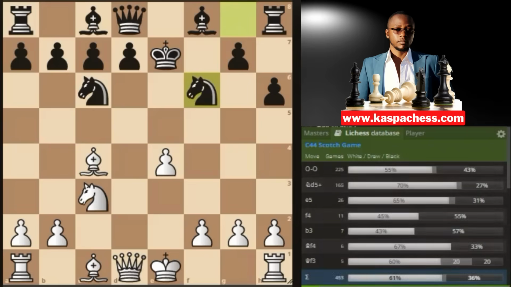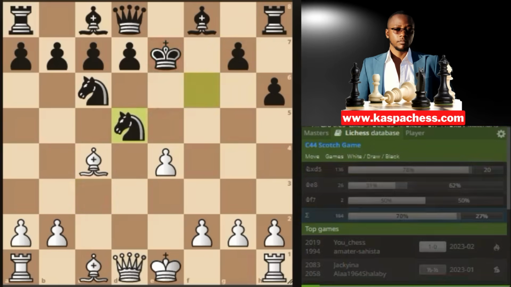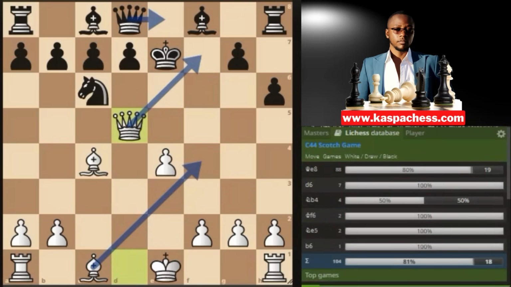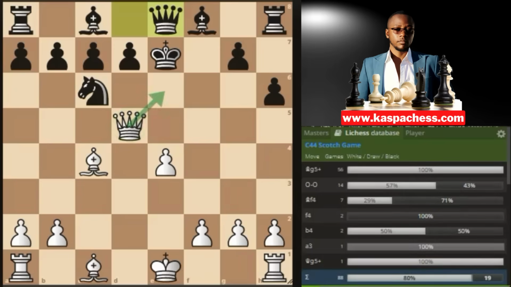If knight f6, you give a check, and look at this, you guys, they mostly take this knight, after which you go queen takes d5. Next you are threatening to mate black as highlighted. Anyways, so you're going to see black playing queen e8, stopping queen f7 check, but you have another unexpected sack